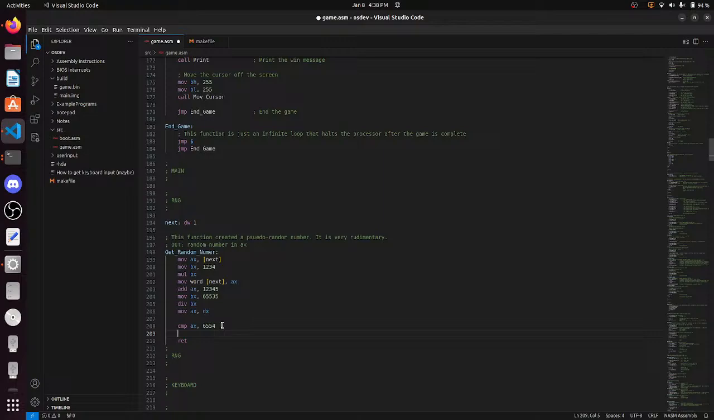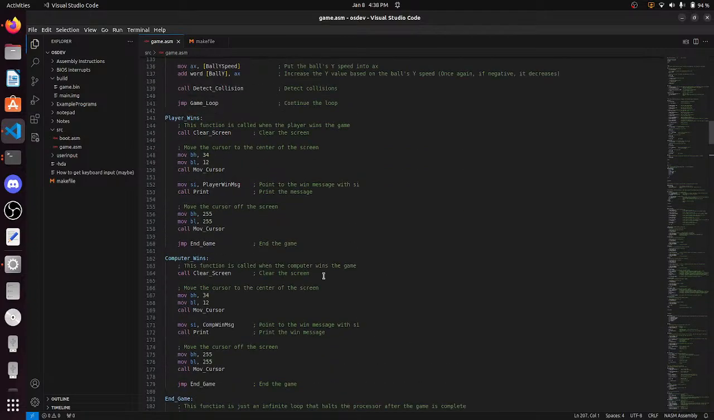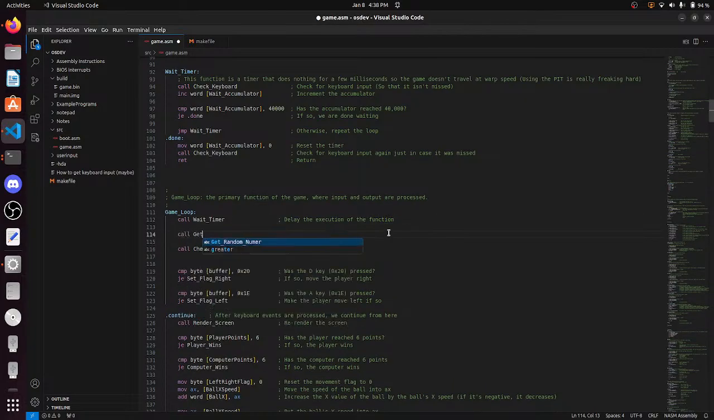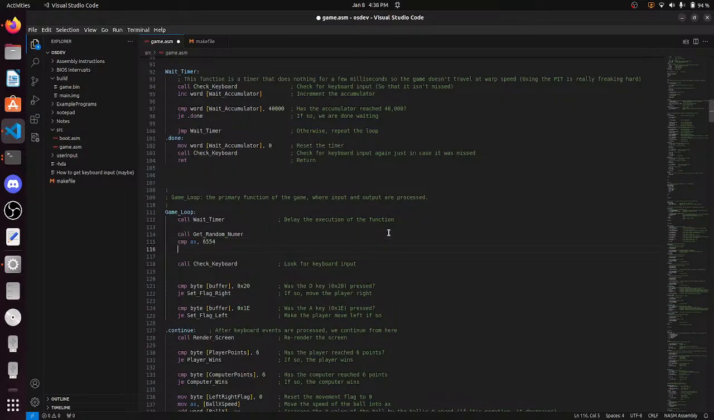Maybe this shouldn't be in my random number generator. I'm glad I figured that out though, because then I can do jump if less or jump if more. Okay, so call get random number, and then comparing AX to 6,554, and then